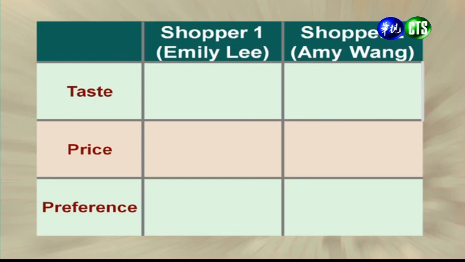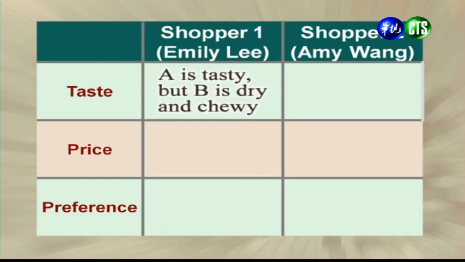And so then we can also find out that we found out opinions about the taste, price, and preference of the bagel from the two shoppers. 好，我们可以发现呢，这2位消费者对这2种贝果的口味、价格以及他们在个人的偏好上面呢，都持有不同的意见哦。And we find that shopper 1, who's Emily Lee, thinks that bagel A is tasty, but bagel B is dry and too chewy. 好，首先我们会发现呢，第一个消费者也就名字叫做 Emily Lee，他呢觉得说 Bagel A 它的口味呢，比较松软，那 Bagel B 呢它太干涩了，而且呢太难咀嚼了。